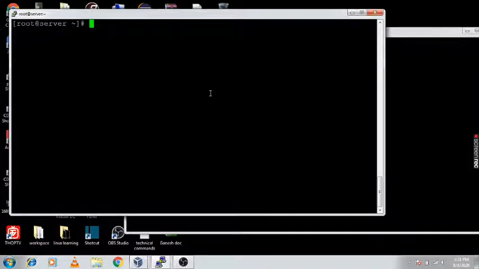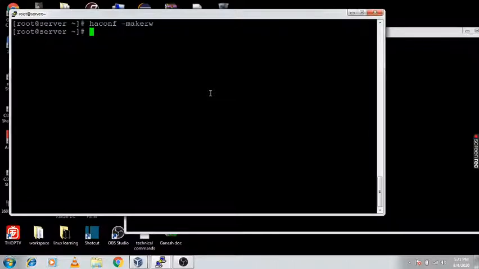Myself Ganesh. Today we are going to create the service group over this Veritas cluster server using the online method. So using this command, haconf -makerw. Whenever you are using the online method, first you need to use this command.